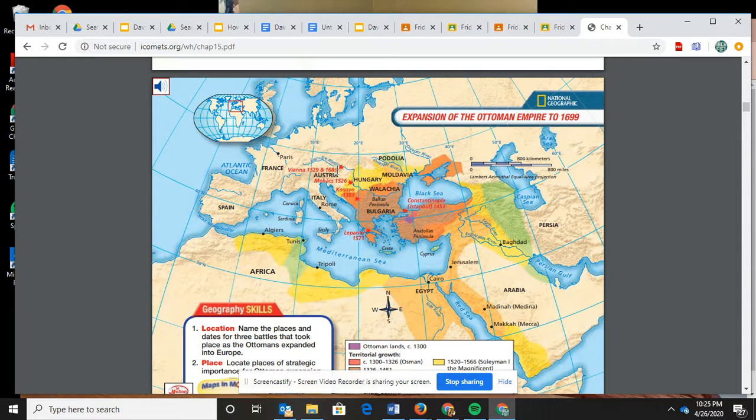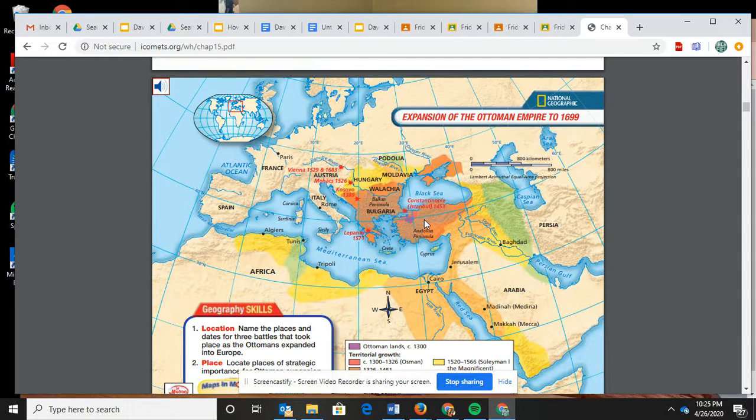Now the Europeans do mount a defense, and they end up pushing them back. But it would not surprise me at all if you see some type of source about Europeans talking about how impressive the Ottomans were. The Ottomans were sort of like the Chinese, and you might have picked up on that in some of your source readings for your DBQ: you worked your way up in the Ottoman Empire by your merits. Just like the Chinese, you worked your way up in government by taking a civil service exam. So the Ottomans were very impressive.